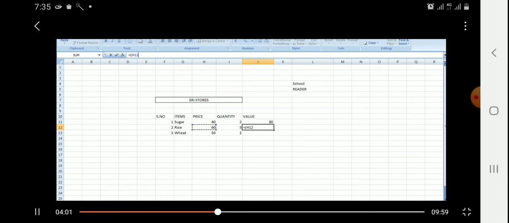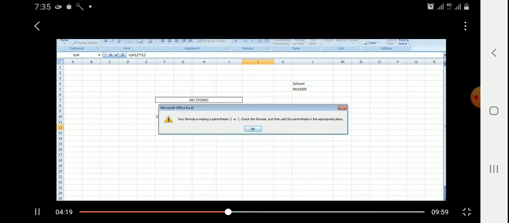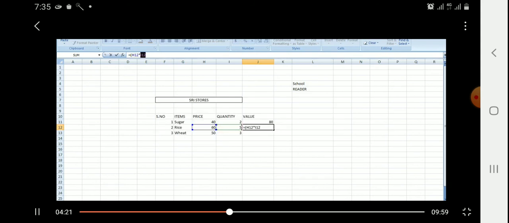So equal to, we are calculating price value and quantity value here. Here a mistake occurs. What is that mistake? If you observe the formula bar, I didn't type the closing parenthesis. That is the mistake.